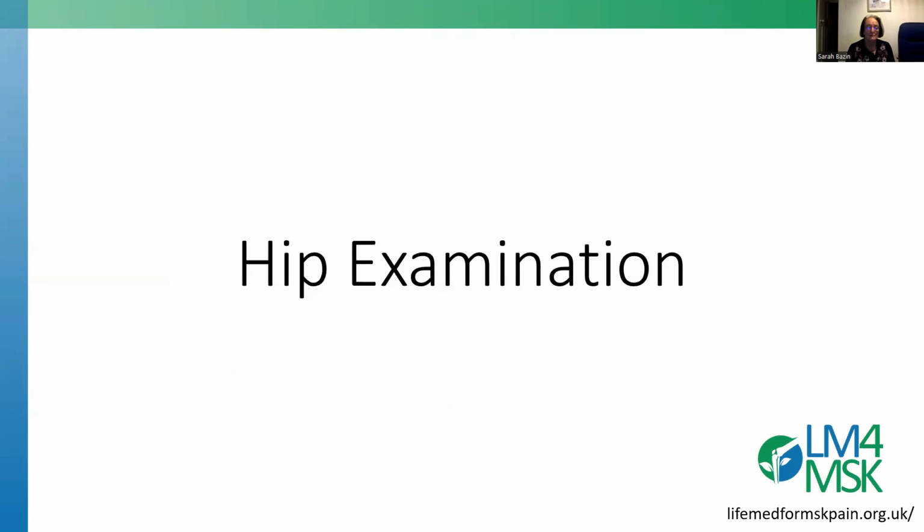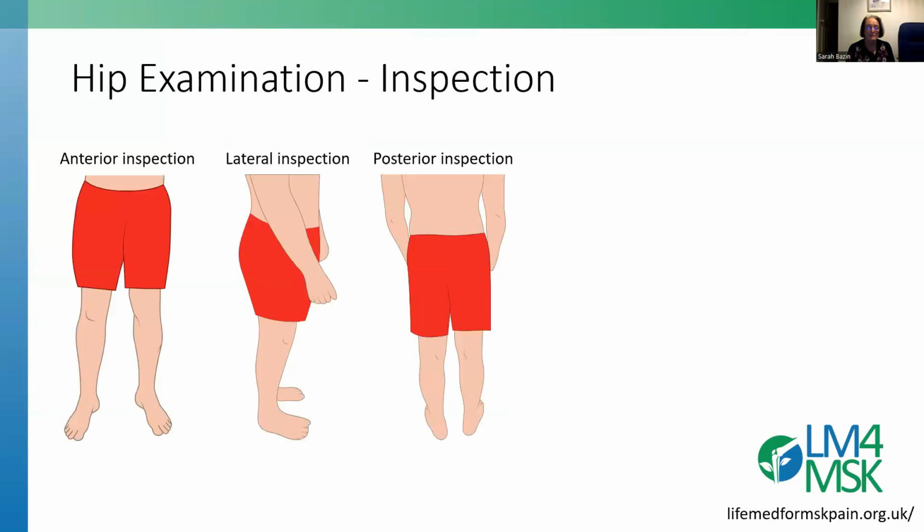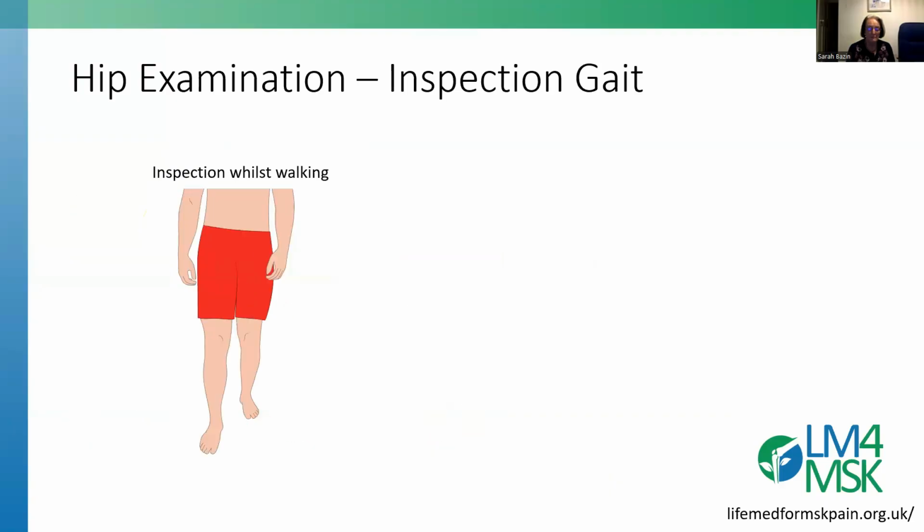Now looking a little bit at the hip examination. You want to inspect from the front, from the side, and from the back, and you want to see whether there is any muscle wasting, any deformity, any previous scars, or any inflammation. If all those are not there, then we can assume that the inspection is normal. Then we want to inspect while walking. Are they giving a normal